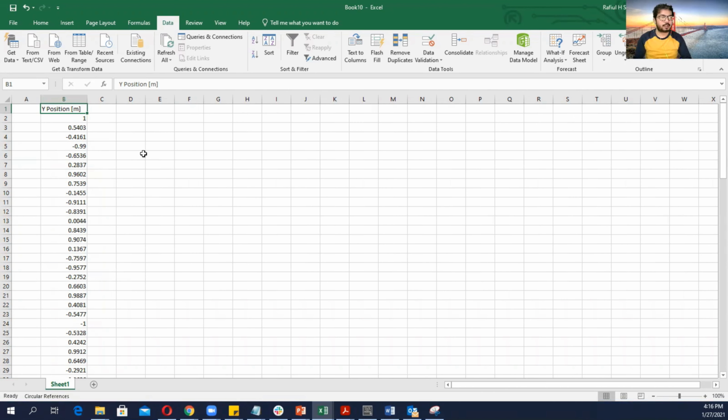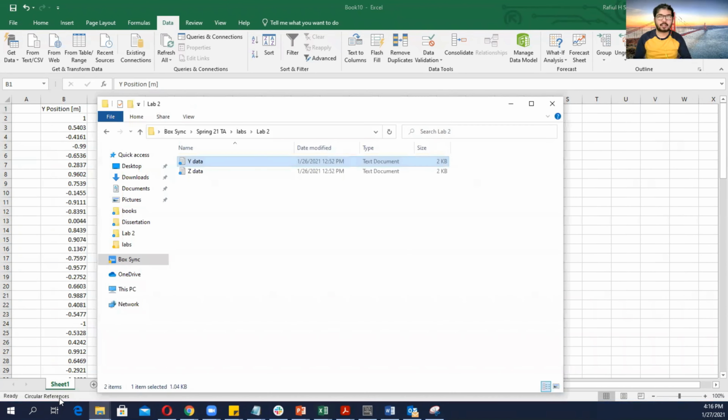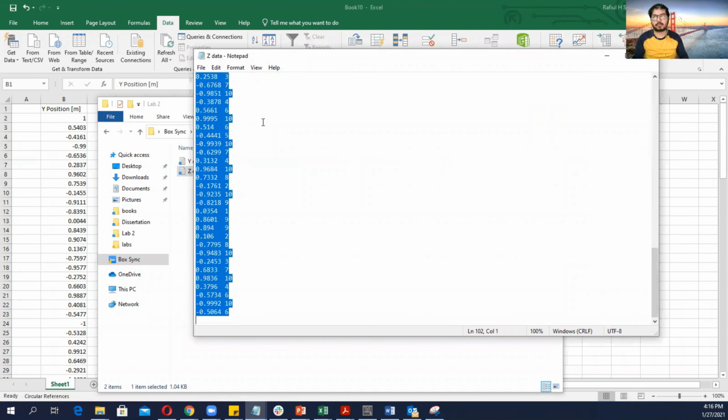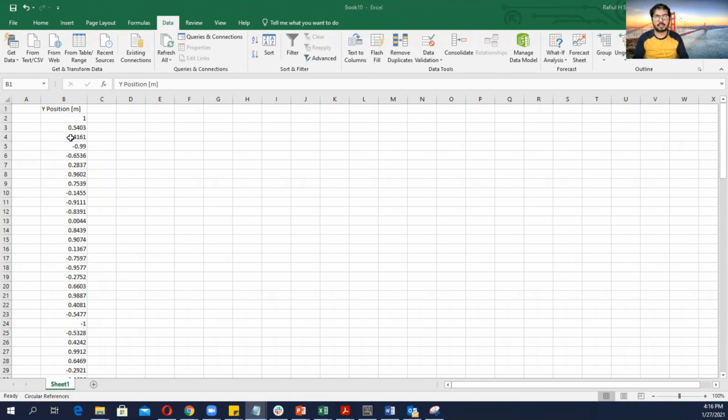Okay, so now let's do the other one. Let's open the file Z data. Let's click anywhere, press Ctrl A to select all the data, Ctrl C to copy it. Now click on this C2 cell and press Ctrl